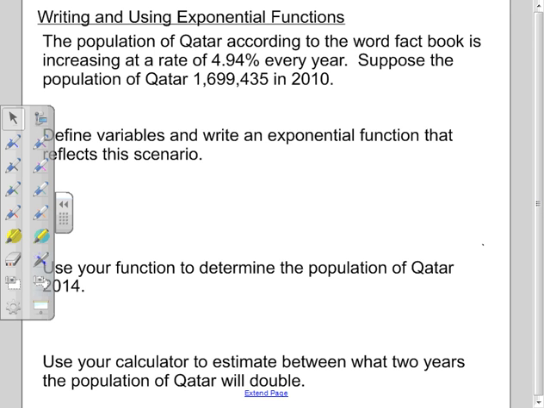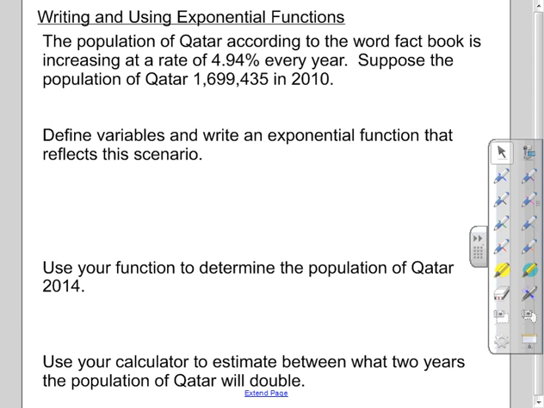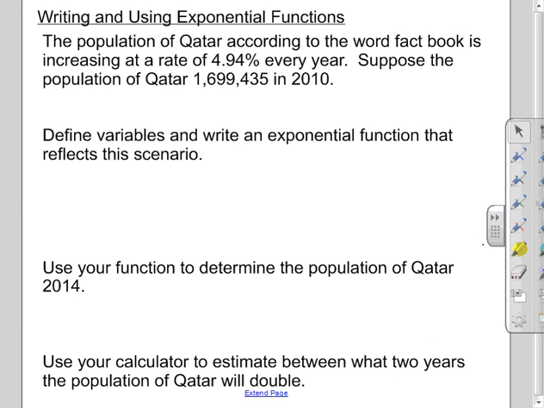In this video, we're going to look at exponential functions. We're going to write and use exponential functions for a word problem. This video assumes you understand a little bit about multipliers and a little bit the general form of an exponential function. So if we see here in this word problem, it says the population of Qatar,